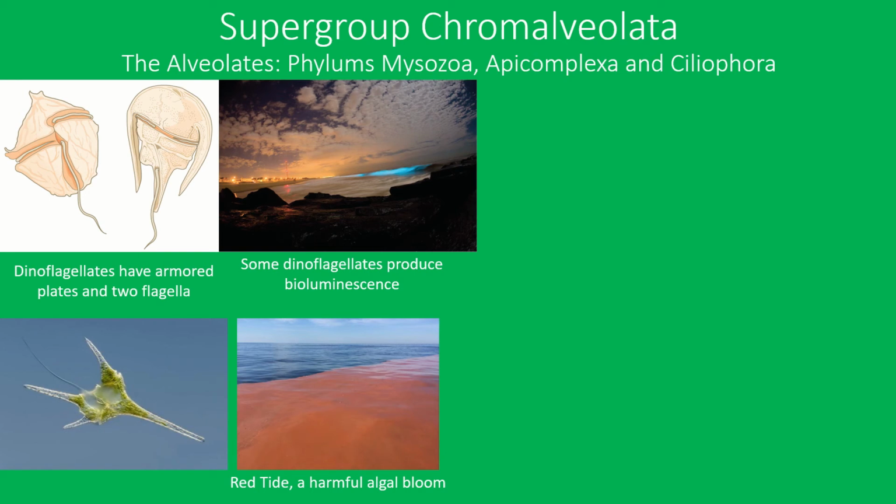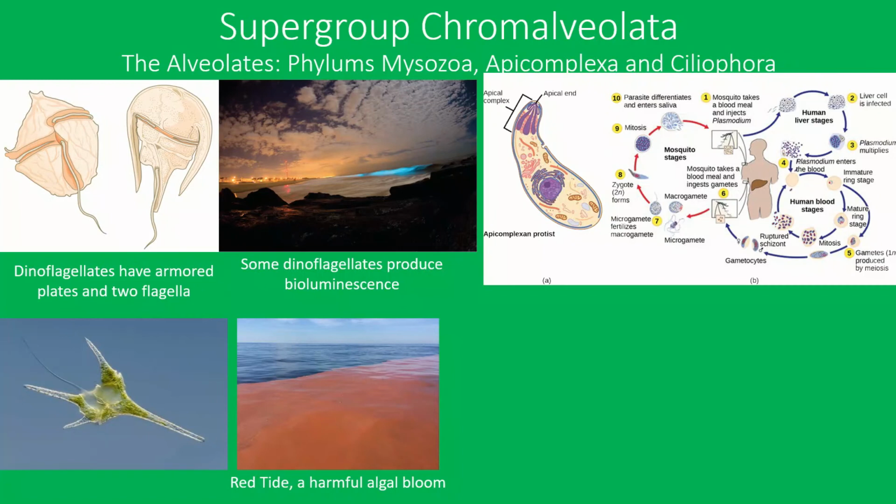person. The next group are the apicomplexans, which are named for the apical complex, a structure used to bore into host cells. All members of this group are parasites, with Plasmodium being the most famous example. Plasmodium causes malaria in hundreds of thousands of people annually. Plasmodium reproduce sexually in mosquitoes and then are transmitted to mammals by mosquito bites, whereby the Plasmodium will bore into and destroy red blood cells to reproduce asexually.